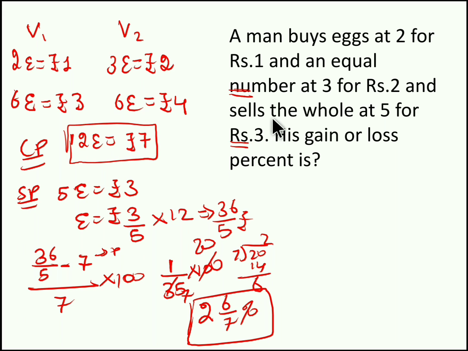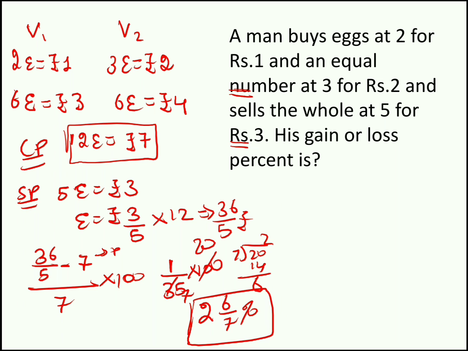So here he is selling 5x for 3 rupees. Right, from this 12x, if he takes 5x, this 5x will be sold for 3 rupees. So if selling price of 5 eggs is 3 rupees, 1 egg will be 3 by 5 rupees. Now 12x selling price is 3 by 5 into 12, he will get 36 by 5 rupees. Now cost price of 12 eggs is 7 rupees, selling price is 36 by 5 rupees. So obviously the transaction is profit. You have to find this profit is how many percentage of the cost price. So profit is 36 by 5 minus 7, he will get 1 by 5. So this 1 by 5 is how many percentage of cost price 7? So 1 by 5 into 7, he will get 1 by 35. 1 by 35 into 100, he will get 2 into 6 by 7 percentage profit.